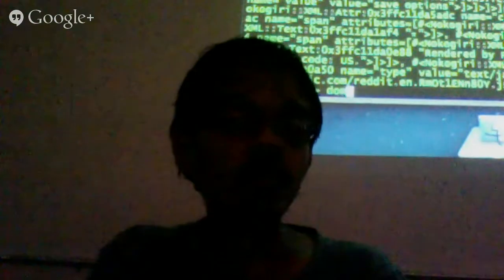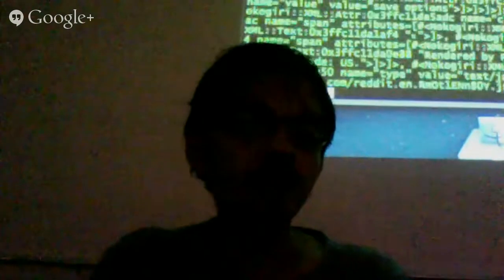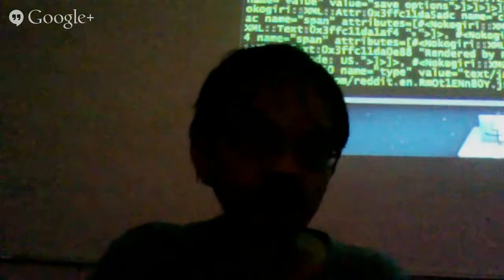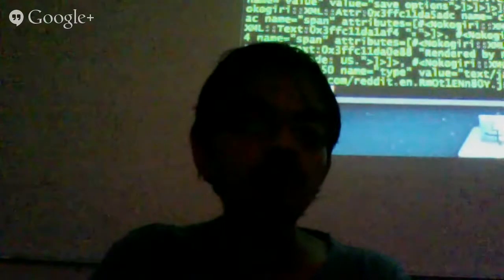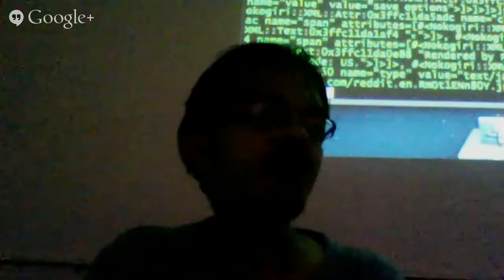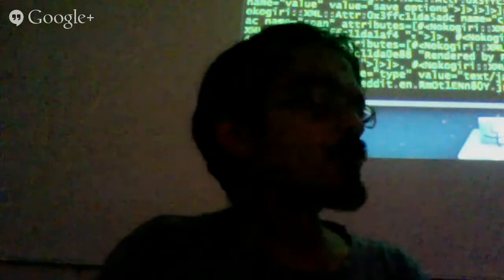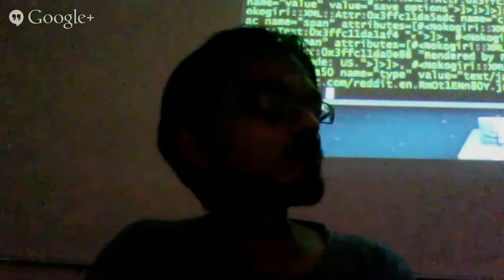So basically now you have the same HTML structure converted into a DOM, and you can see there's a bunch of stuff, but basically if you look at a piece of it, what you'll see is a bunch of what are called XML elements, where each element basically corresponds to a tag somewhere in the HTML. Okay,